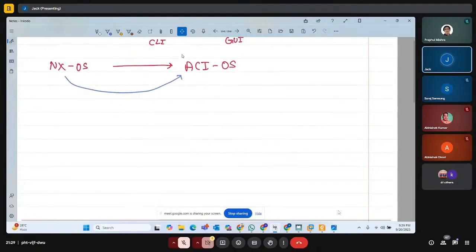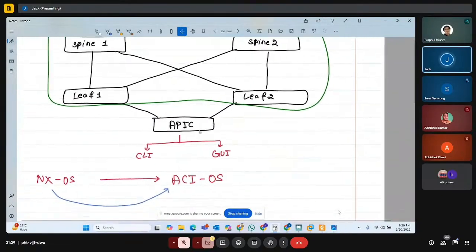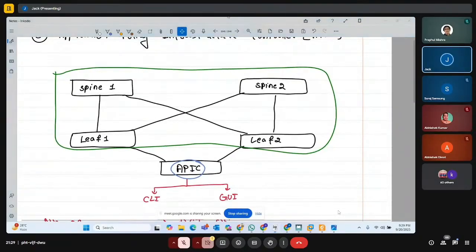And in ACI, we have the controller APIC. So APIC will start making the configuration on leaf and spine. But you know what the more interesting part of this is? You don't have to execute even a single command on the leaf and spine switches. They are just new switches, and Cisco APIC will discover them automatically. So for the first time, when you are deploying ACI, you are supposed to make configuration on the APIC controller only, not on the leaf and spine switches. Once my APIC is up and running, the APIC controller will automatically discover